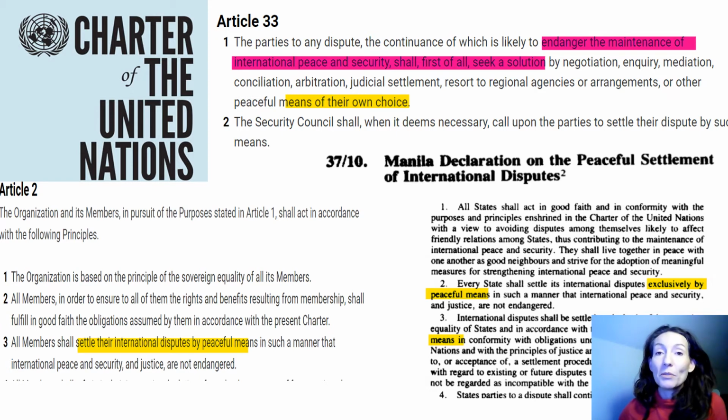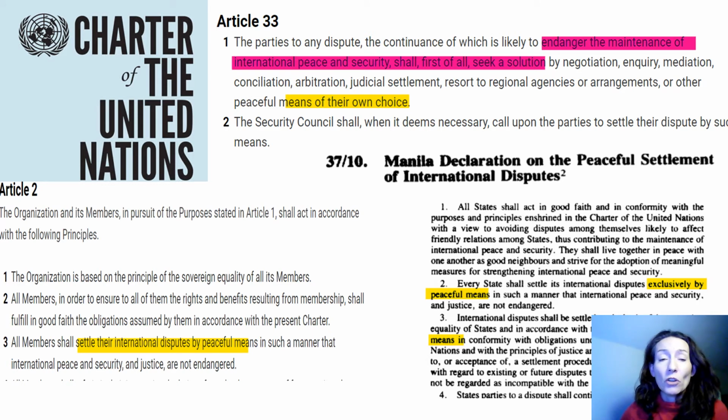Both principles, the obligation to resolve disputes peacefully and the freedom of choice, are customary rules of international law that have been given written articulation and reinforced in their legal authority by including them in many treaties as well as in declarations adopted by international organizations. I am reproducing here Articles 2 and 33 of the UN Charter, as well as Article 1 of the Manila Declaration on the Peaceful Settlement of Disputes.